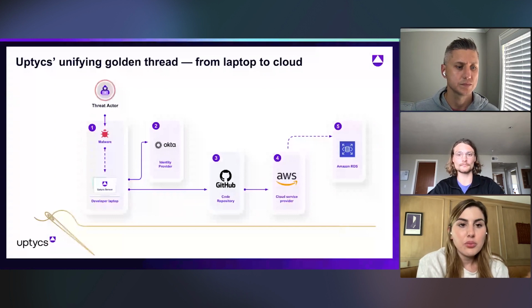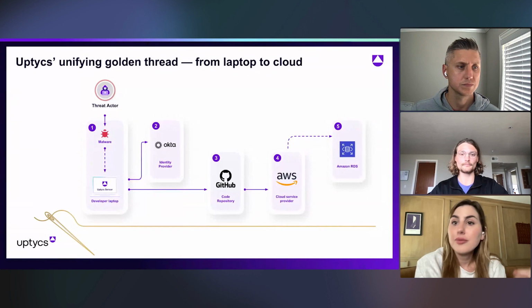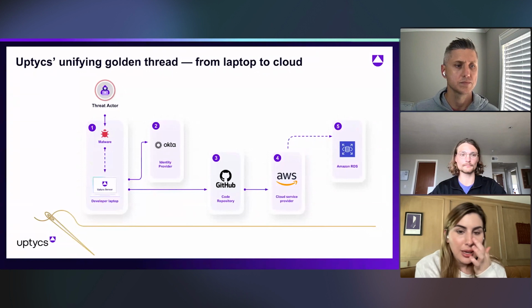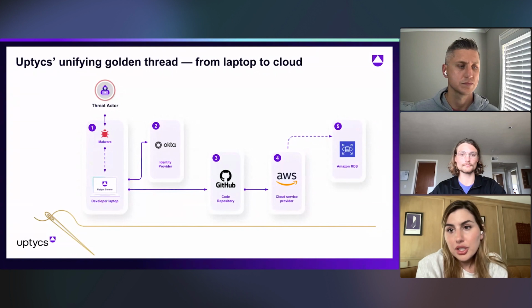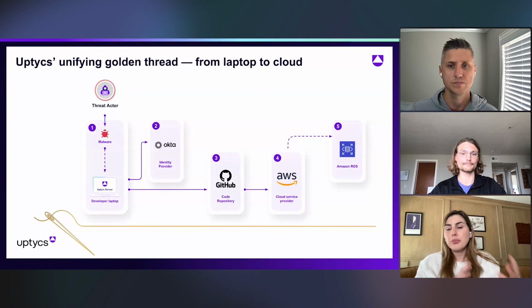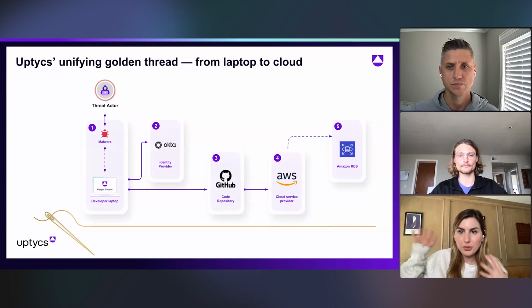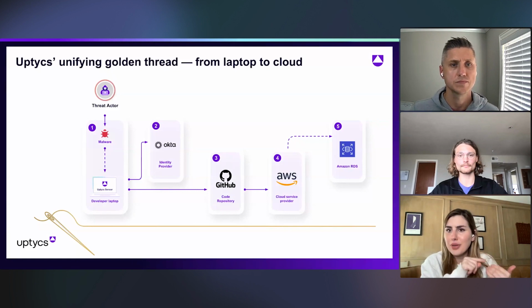And so that's what we're going to take you through today, what we call this golden thread attack, which watches a threat actor as they traverse from the actual laptop through the identity provider, trying to make headway there. But again, like Andre said, they run into friction. That friction slows them down. So they pivot, go to GitHub, and move through here. I think it's really interesting, and particularly prescient, because we're thinking a lot about our runtime workloads, vulnerabilities and misconfigurations. And sometimes we forget that, tracing from endpoint to actual code deployed at runtime in the cloud, how much can be missed in the way attackers exploit those cracks and gaps.